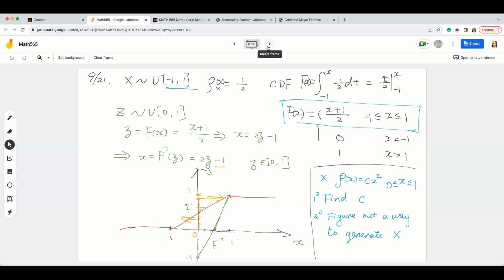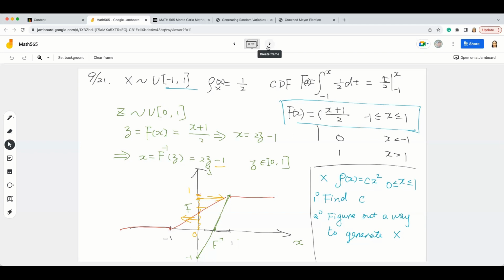This is a very simple one. You first need to show this is a density function, which means you integrate it on the interval 0 to 1, and that should be 1. Then you can find the constant c. Based on that, find the cumulative distribution function, and then do the inverse. Then you use the standard uniform, and you can generate this x. That's the idea. Try to think about that. You don't have to do it, but you can practice if you really want to understand the inverse distribution method.